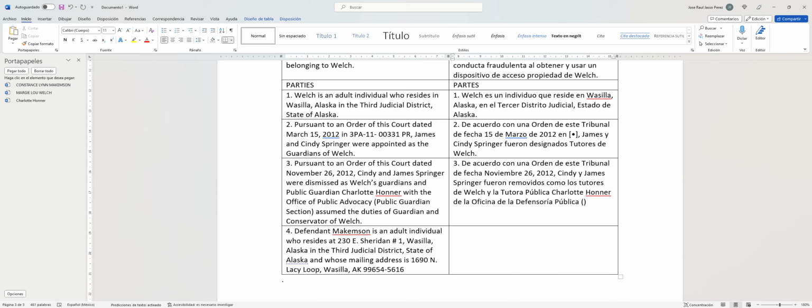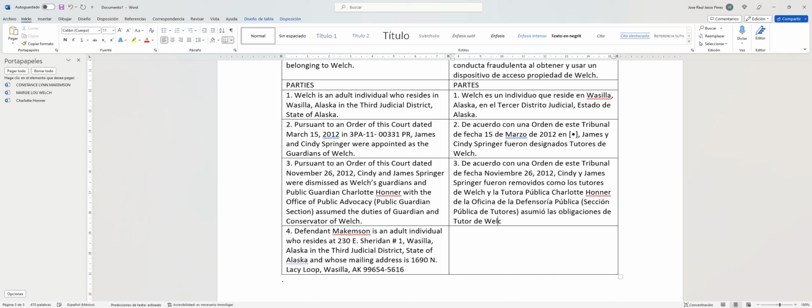That's going to be our translation for public advocacy. Sección pública de tutores asumió las obligaciones de tutor